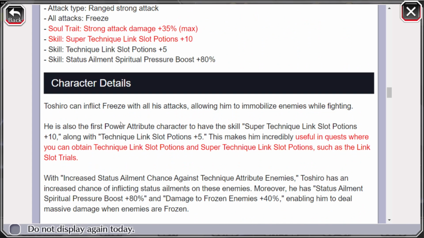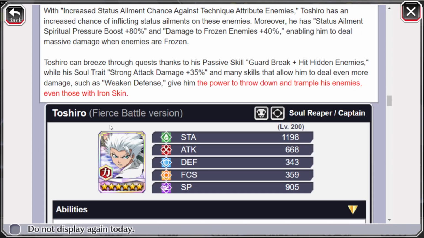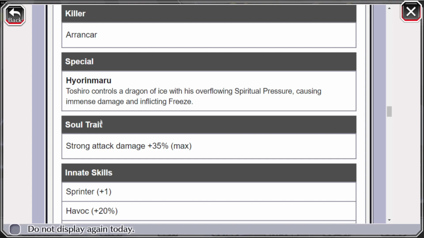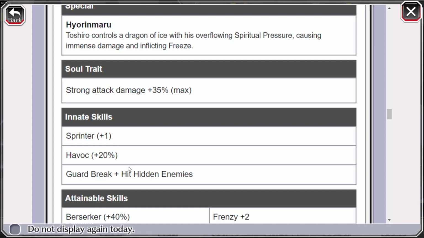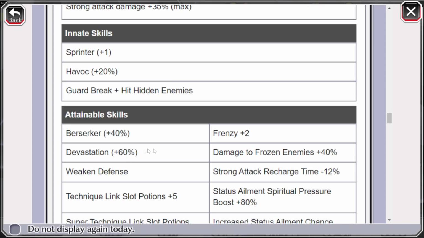But yeah, he's the new Power Link Slot Farmer. All of his distracts have freeze. He has a range strong attack kit as well. He is a Ranger Ronkar killer, so that's pretty decent. His sword trait is strong attack damage of 35%. He has innate skills of Sprinter +1, Havoc with 20%, Guard Break plus hidden enemies, a Berserker value of 40%,